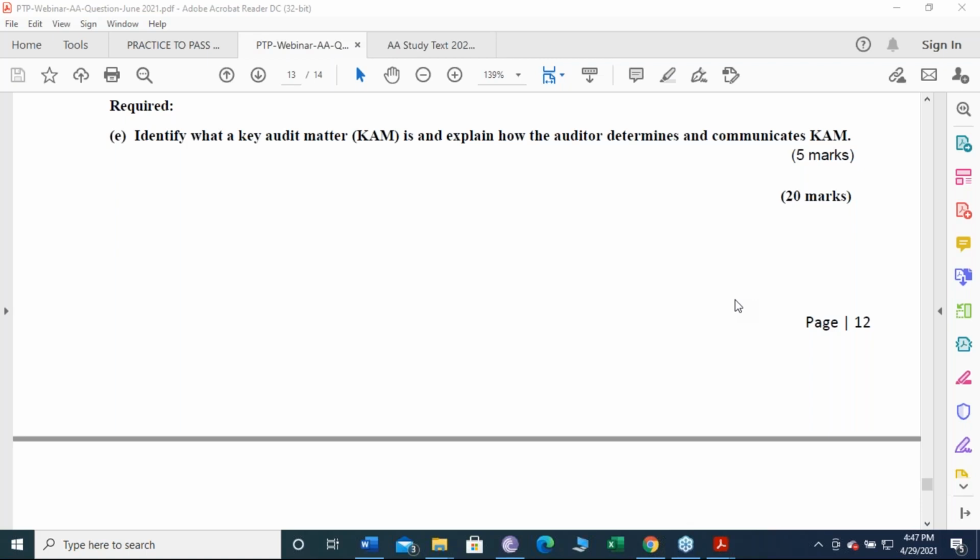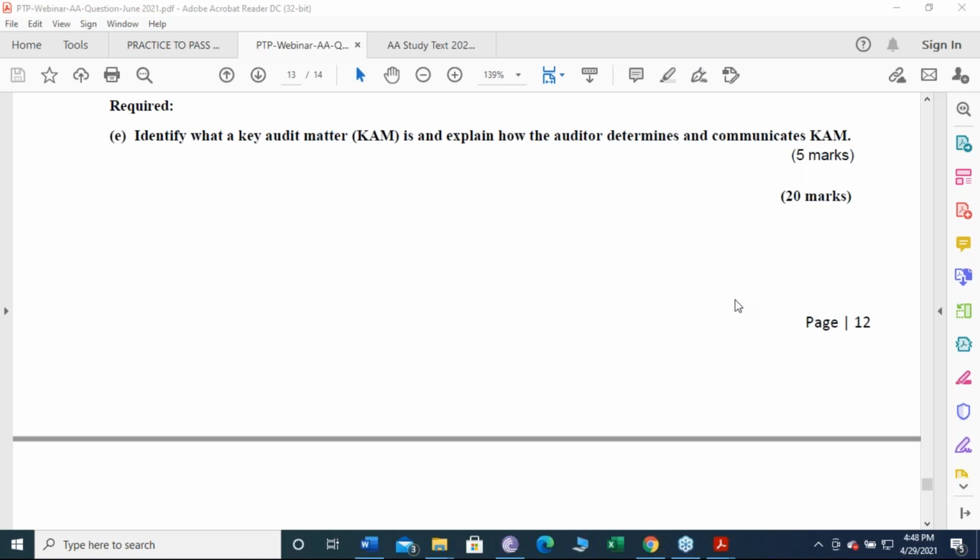But there is another technique which is called walk-through test. Walk-through test means that you are not going to apply the software on the client system, but you are going to get the data from the client system, and then you are going to run that particular data on your software, and you are going to evaluate whether the client's results are accurate or not. 5 marks, 5 sentences enough. Yes, that is why I recommend this particular question to be attempted first, because this will save your time.